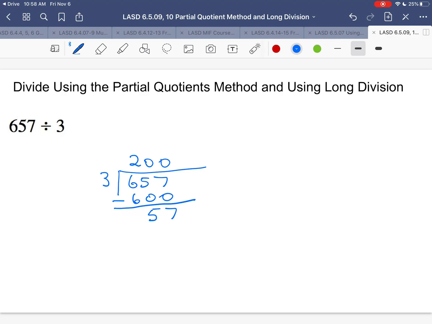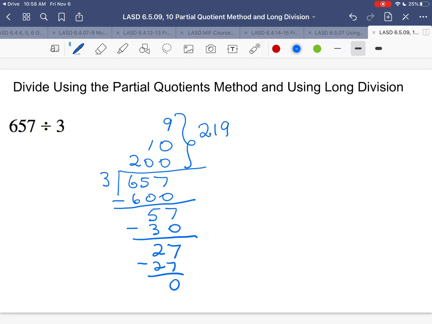So I'm going to say 3 times 10 is 30. And that's going to leave me with 27. And 3 times 9 is 27. So these are my partial quotients here. And when I add them together, I get